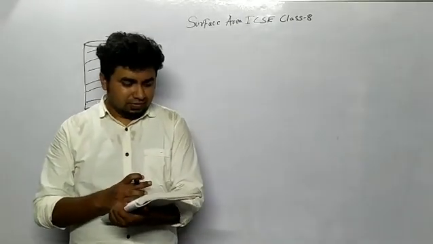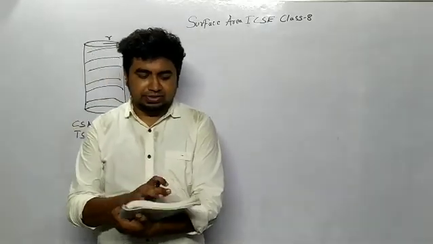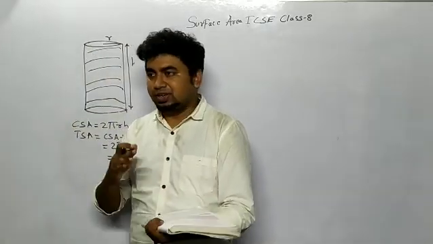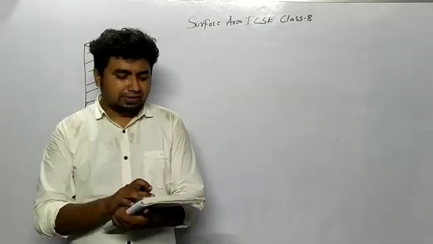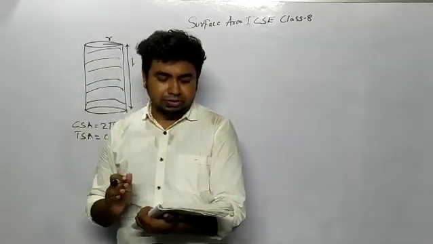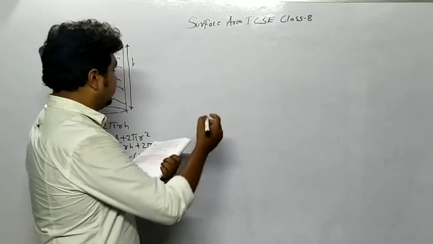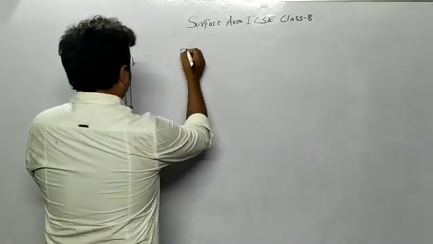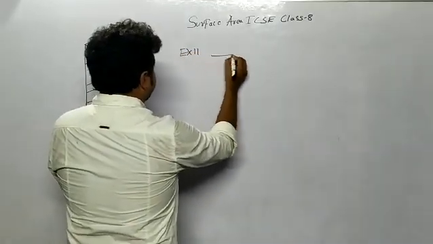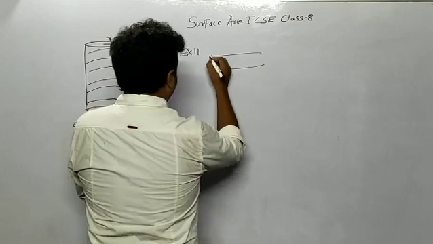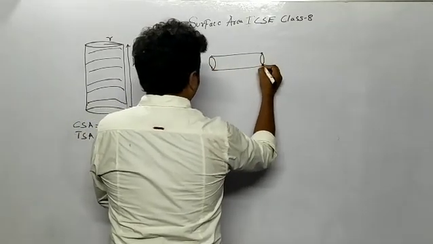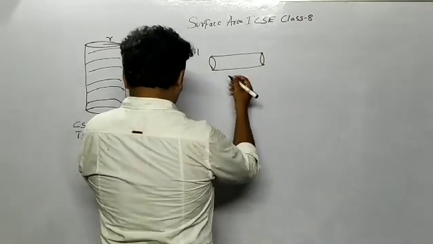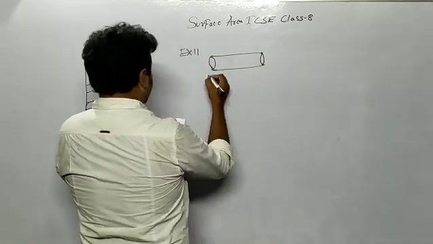Okay. So now we will be discussing one of the examples, because the exercise question I will be giving you to solve. A similar type of question is given in the exercise. So a road roller is there. The road roller is in the shape of a cylinder. Example 11 I am going to discuss. The road roller is given in the shape of a cylinder.